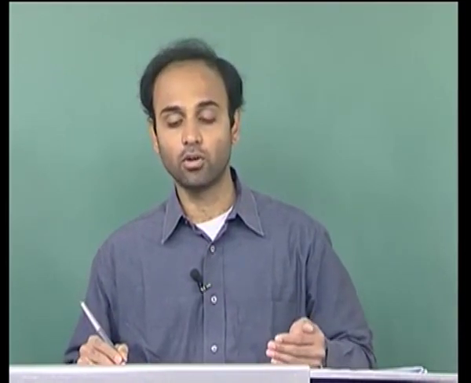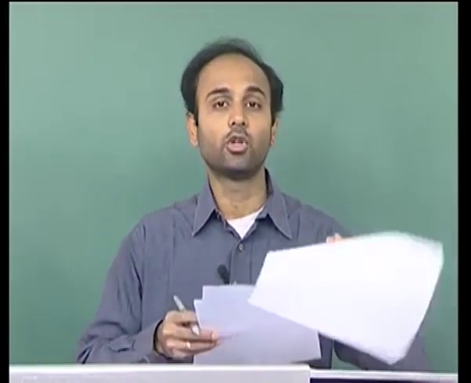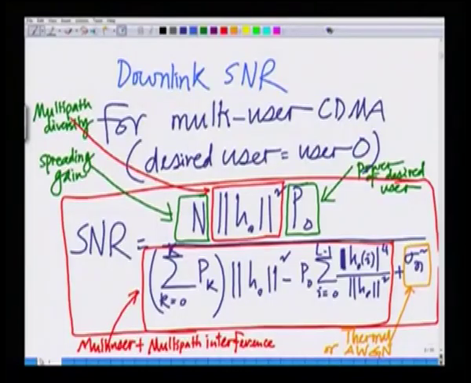Hence, everything essentially remains the same. In the uplink, if you consider the 0th user as the desired user and we try to do the decoding, let me write down the expression for the downlink SNR and show you how it is modified for the uplink SNR. Or let us go back to the expression that we have over here. Now, here all the powers of the multi-user interference are multiplied by norm H naught square, because there is a single channel. Now, the only change that is going to come in this expression is that each user's power is going to get multiplied by his own channel, that is norm HK square. Hence, the essential SINR for uplink